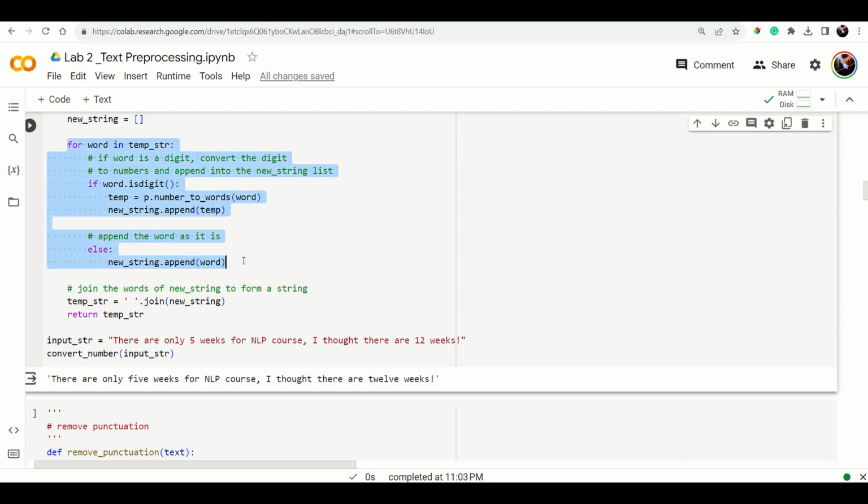You don't have to worry about all this, because you have these functions all around. You can simply call them. You should know that this is the function which you have to use, and this is how it works. That's the only thing you need to know. And you will be joining it using spaces. And say if there are 5 weeks, then what we will do is convert it into